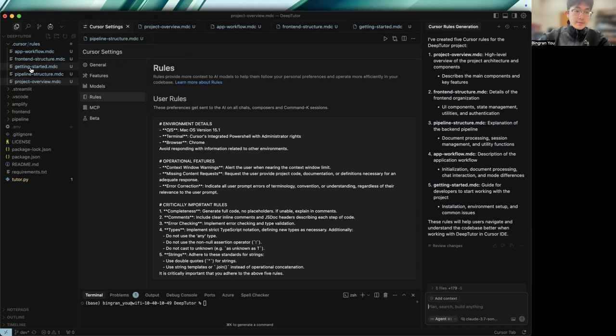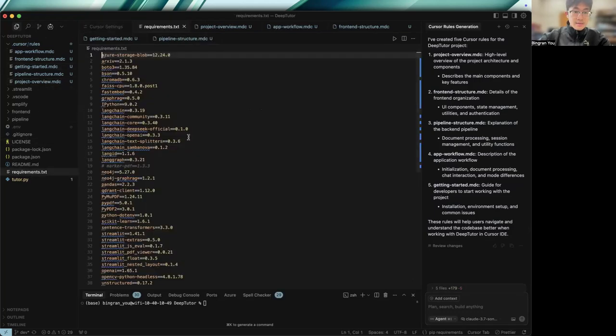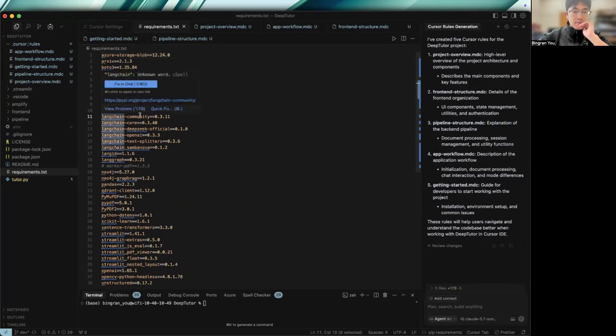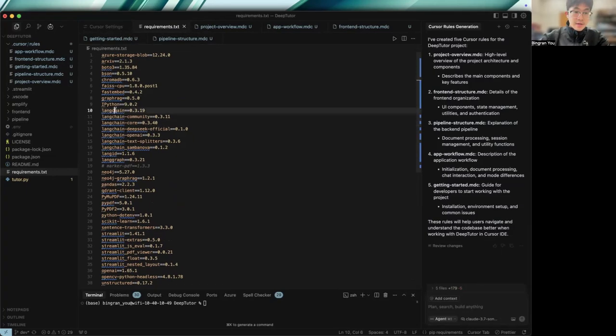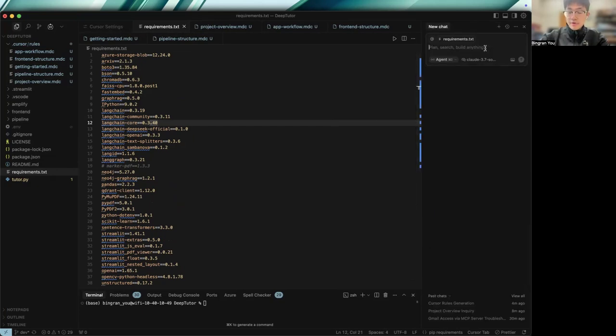So in this project, as you can see, we're using a whole bunch of different packages, and one of the most important packages that we're using right now is LangChain in the pipeline. So to make sure the model can access LangChain's documentation, when we ask questions about